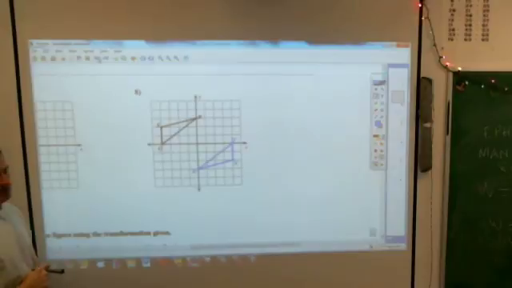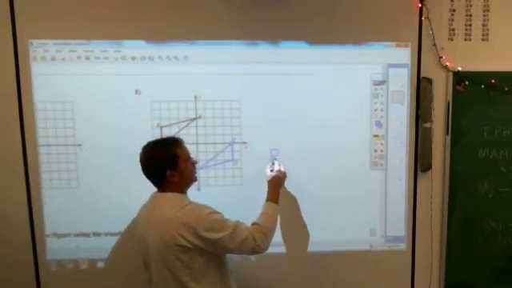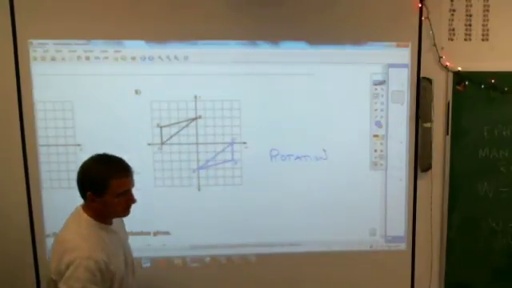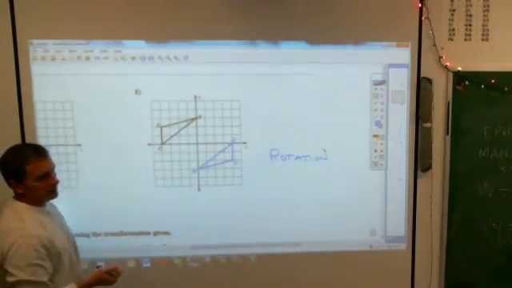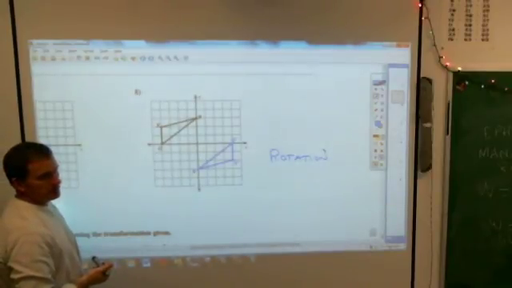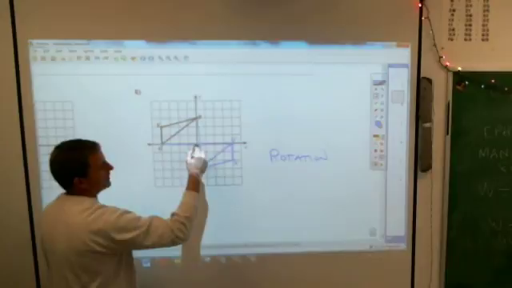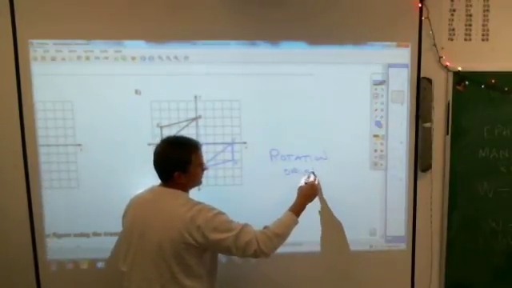Goss, what do you think? Rotation. I'm going to go yes, rotation, but now comes the tough part. What is the rotation? First of all, about what point is it rotated? What would be the middle point of all this? If you drew lines between all these points, where do they cross? Origin. Right here. So it's a rotation about the origin, but now you got to tell how many degrees around